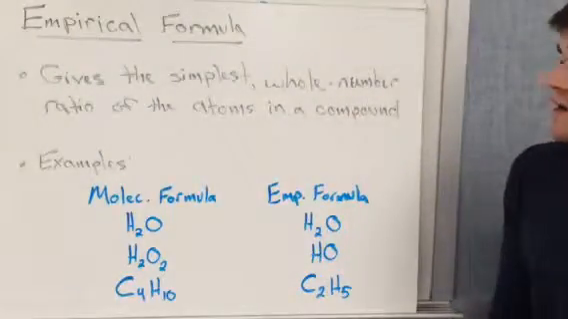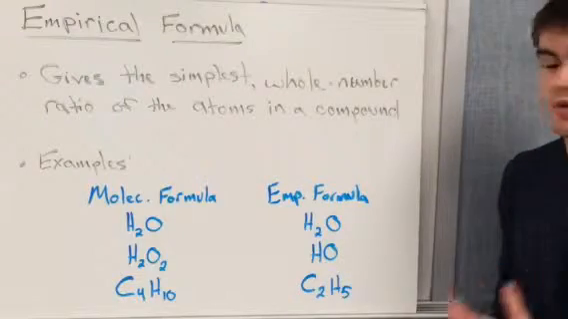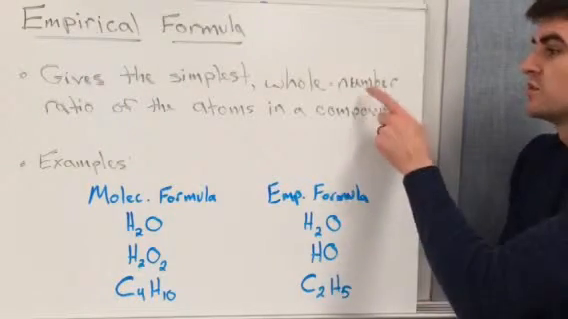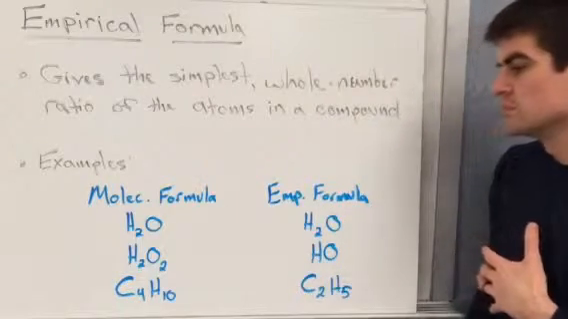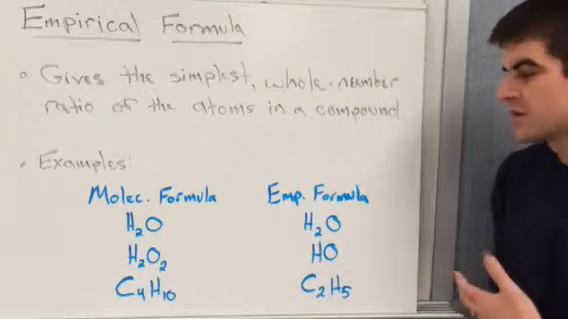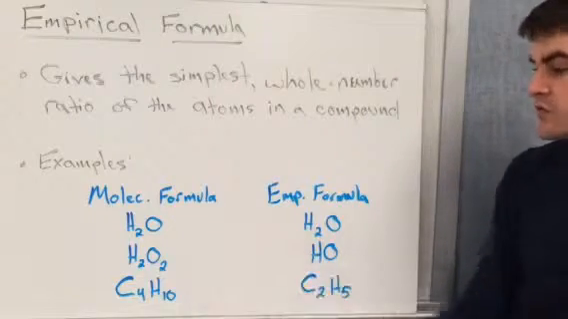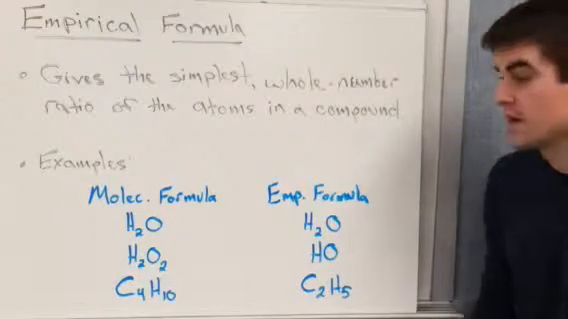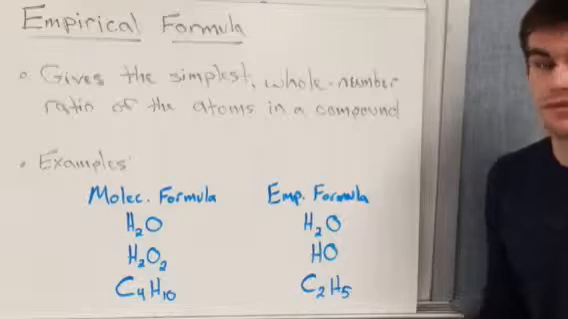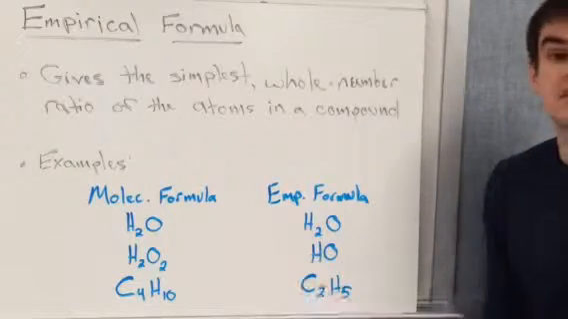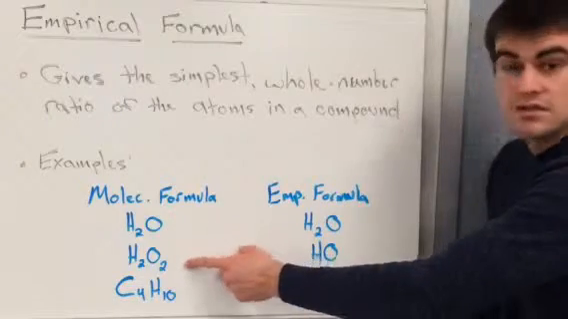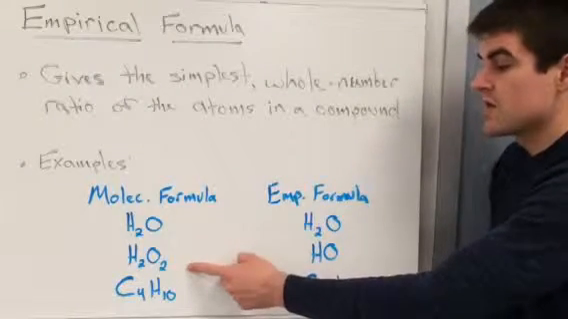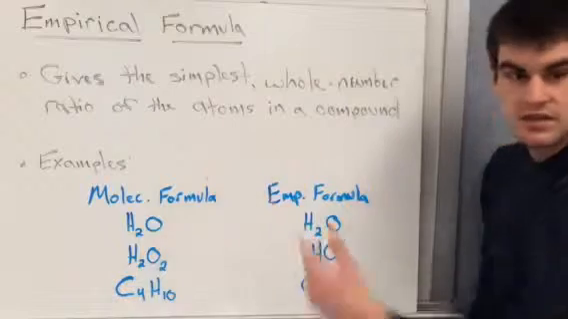Video here looking at empirical formula. Empirical formula gives us the simplest whole number ratio of atoms in a compound. I've answered some questions about this in the past when we talked about molecular formula. When we talked about ionic compounds, we always said reduce, reduce, reduce if you can, whereas for molecular we said don't reduce. Because, well, this is the formula of water, this is the formula of hydrogen peroxide, and then this, a